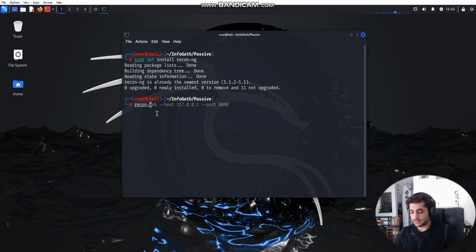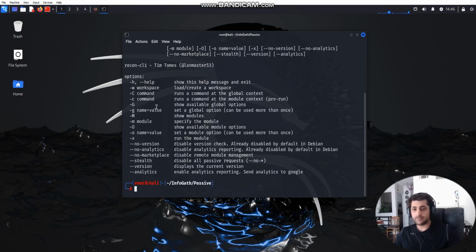You can see recon-cli -h for the help, and a bunch of options: -h for the help, -w for workspace, -C for the command, and -m for the modules, and also you can use the recon